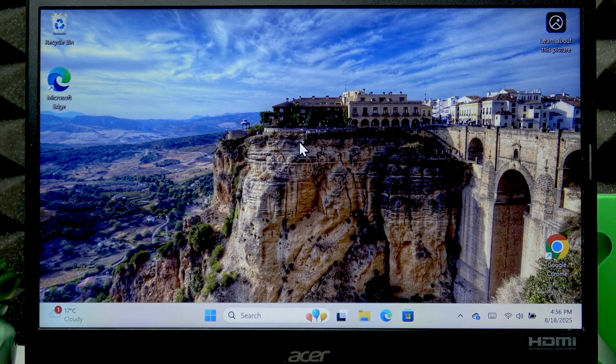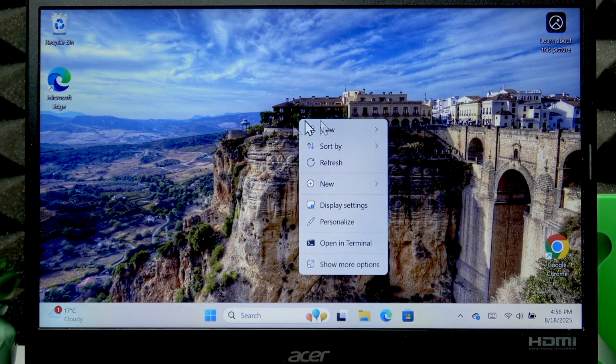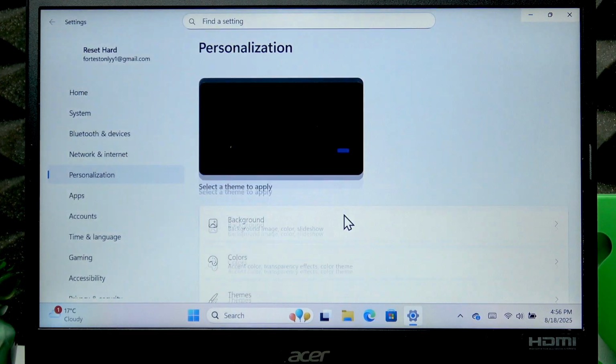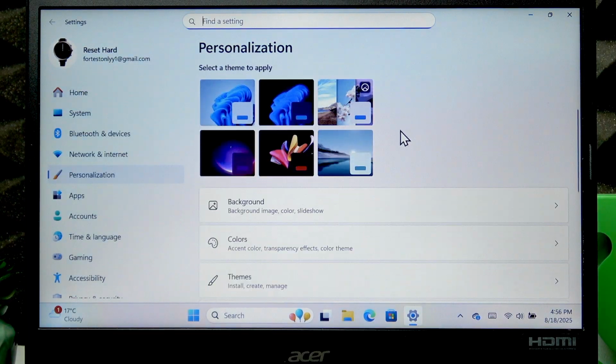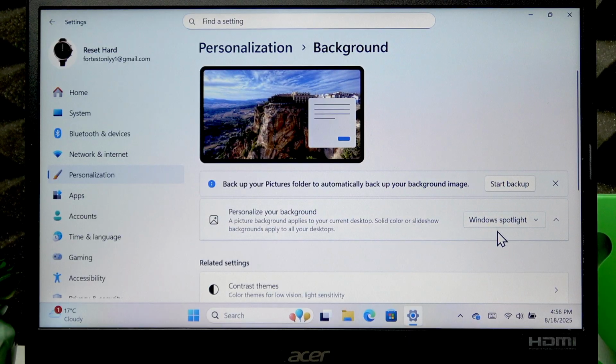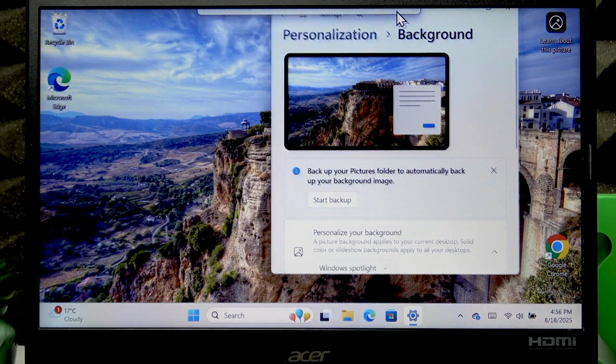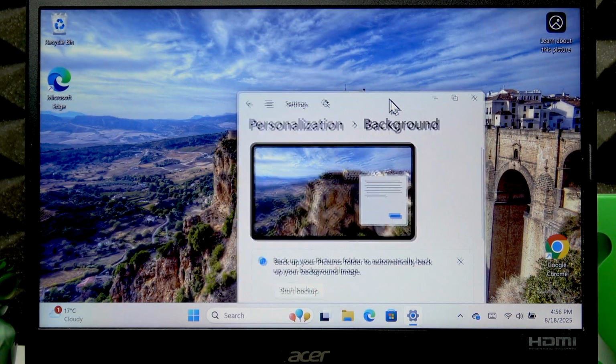To do it, right-click the desktop, the empty space on your desktop, then select Personalize, and in the following window you'll be able to change the background by clicking right here and then selecting one of the four options you have right here. So the first option for your wallpaper is,